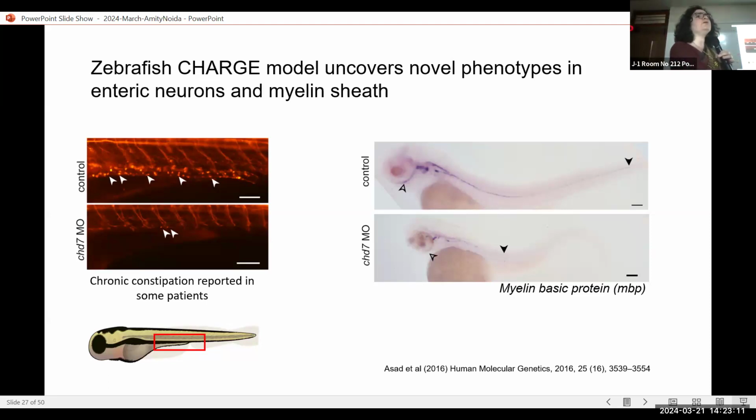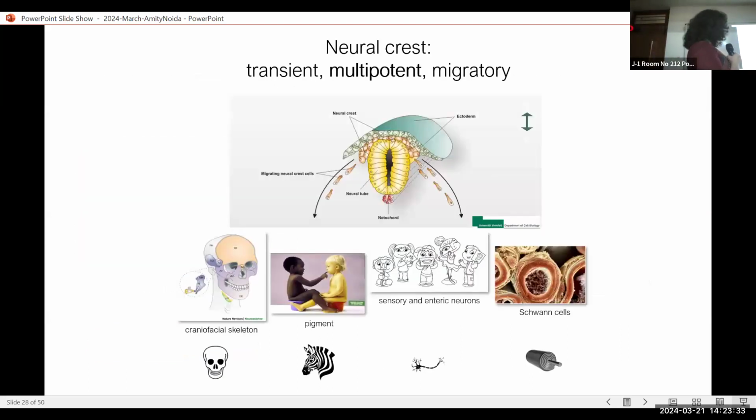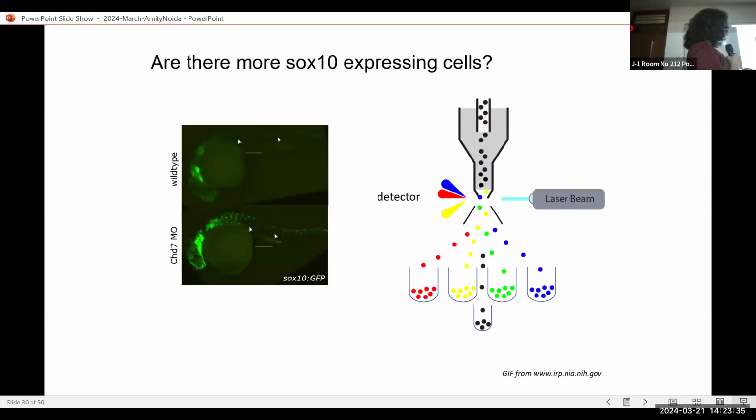many patients have constant constipation. And this is a clear sign of enteric neuron defects. After our paper was published, now there are mouse studies also to show that there are enteric nervous system neuron defects here. We also found that myelination of the peripheral neurons is also severely affected in this fish. Okay. So I'm going to skip this part